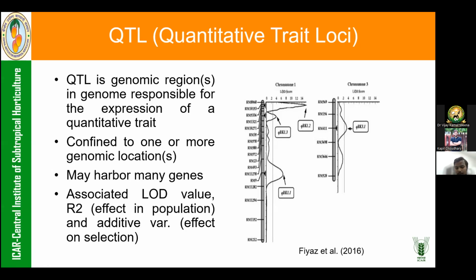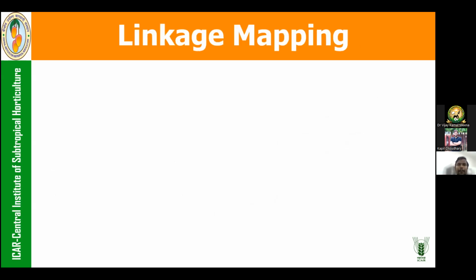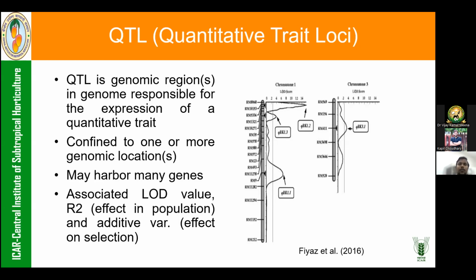Why do we go for mapping? Unless we know where the genes are, how can we utilize those genes or QTLs in the breeding program? So we have to map them to effectively use those QTLs or genes in our breeding program. That's why we go for mapping QTLs or any gene per se. So the basics of QTL mapping is